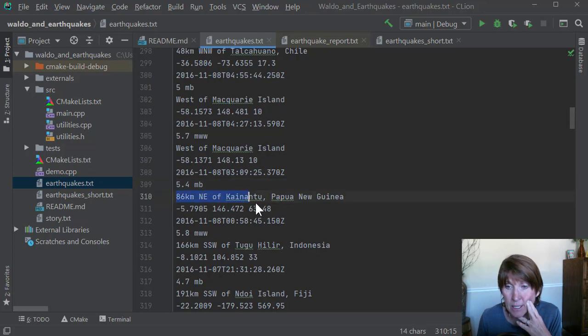It has the location explained, and then in detail the latitude and the longitude, and then the depth of the earthquake, and a time. Now notice that the time is a string that doesn't have any spaces. The location is a string that has spaces in it, and the units, or the type of magnitude, is a string without spaces.